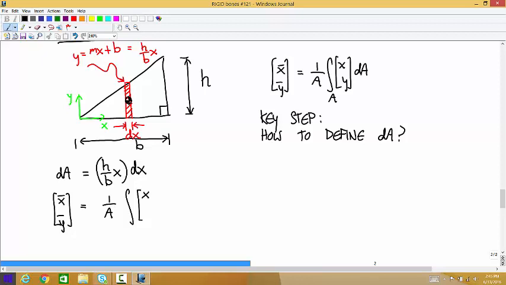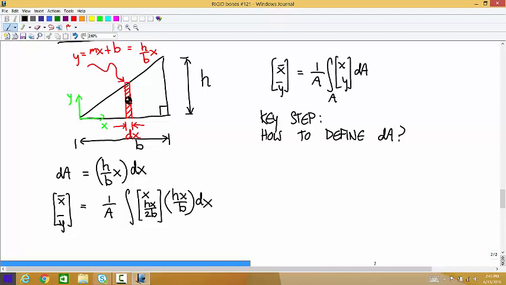That's exactly right. That's going to be half of the height of the rectangle. So that's going to be hx over 2b. And then we're multiplying that by dA. So h x over b